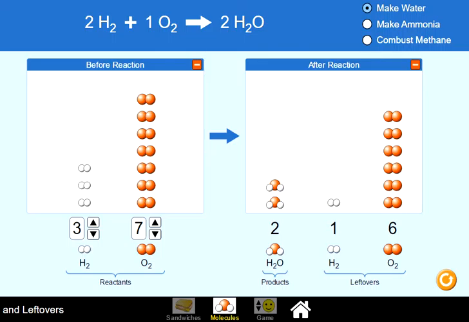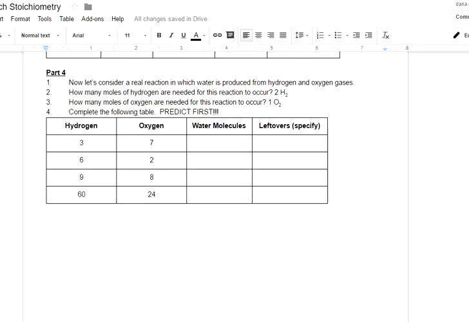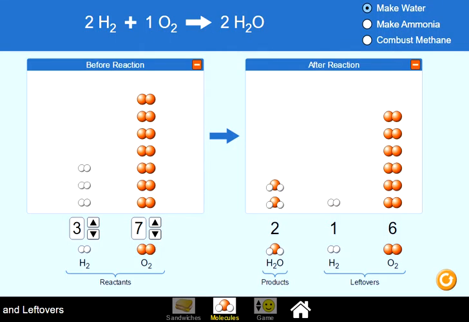Well, I have enough oxygen, according to this, to make 14 total waters. But obviously I'm not going to be able to make 14 because I don't have enough hydrogens. And so here's what we're going to have to do in terms of leftovers. I know it's either going to be 2 or 14. Well, obviously I'm only going to make 2 waters, and so I'm going to have 2 water products. So if I can make 2 waters from that, then I know I'm going to have 1 leftover hydrogen,